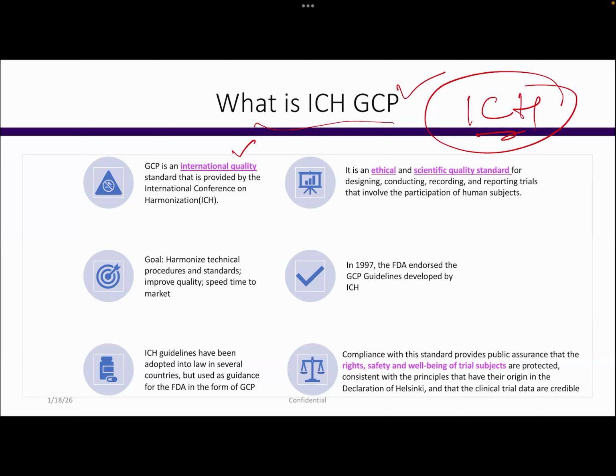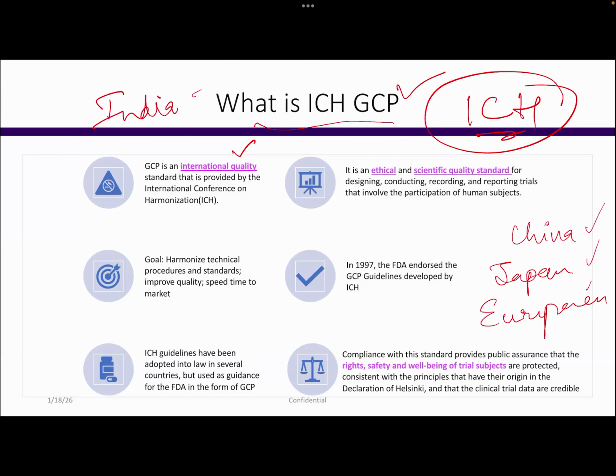They may ask for an additional trial. Today, if you go to clinicaltrials.gov, you will see China-specific studies, Japan-specific studies, and European-related trials. So ethnicity trials and sub-trials are there. But largely, if the trial has been done in India, Europe will also accept it, or if the trial has been done in the US, India will also accept it. There may be one local trial, and that is the only difference. You can do one local trial and the rest can be handled. Sometimes they even waive off the local trial as well.